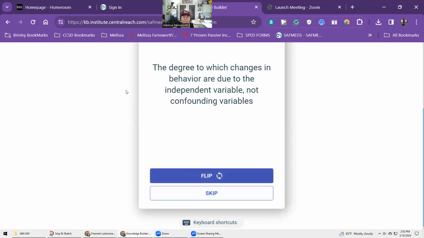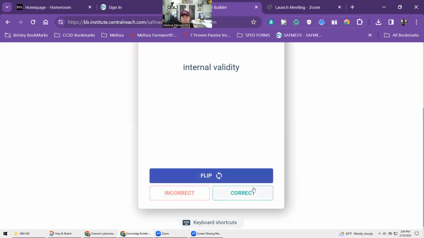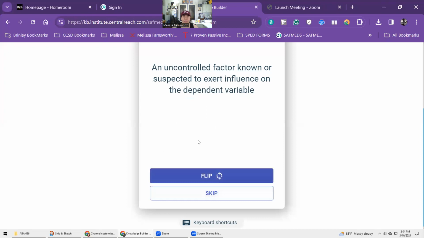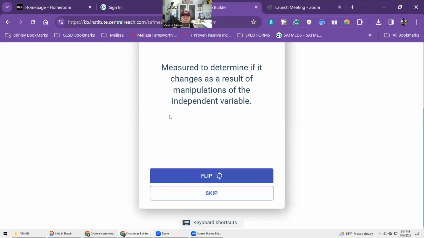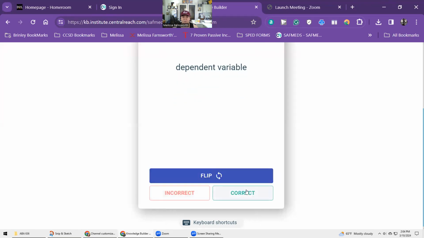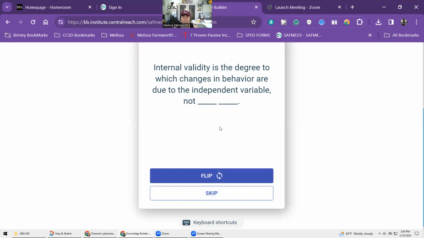Confounding variable. The degree to which changes in behavior are due to the independent variable, not confounding variables. Internal validity. An uncontrolled factor known or suspected to exert influence on the dependent variable. Confounding variable. Measured to determine if it changes as a result of manipulations of the independent variable. Dependent variable. Internal validity is the degree to which changes in behavior are due to the independent variable, not blank